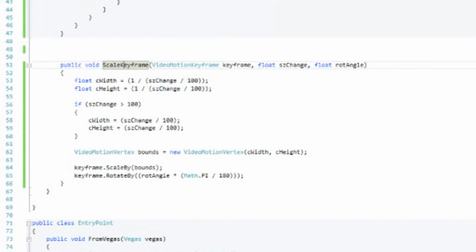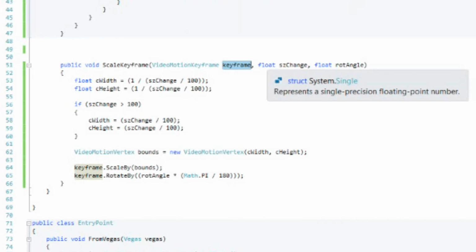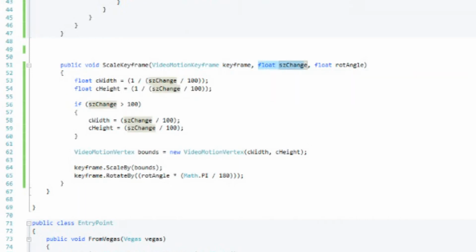It's going to return nothing, so we have void here. It is going to receive a video motion keyframe, which I have called keyframe, and it's going to receive a float value, that's the size change, and a float value for the rotation angle. Okay, so we get our size change, which should be somewhere between